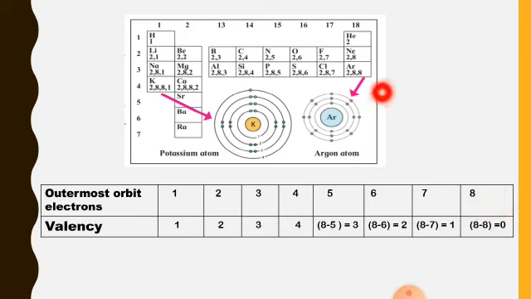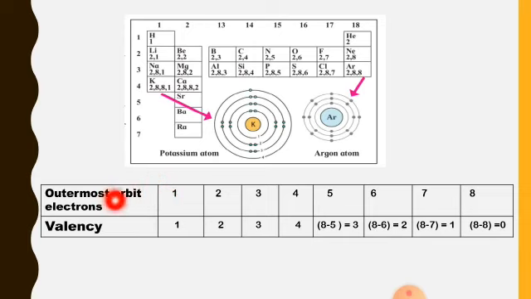Because here it completes a complete octet. Here you can see there is a complete octet. Here it can complete an octet, and that is called an octet, which means 8 electrons. So listen to this and write it down. I hope you all are writing some important things from the videos, because it is very important to write down the notes. Here is a small trick which you will understand.